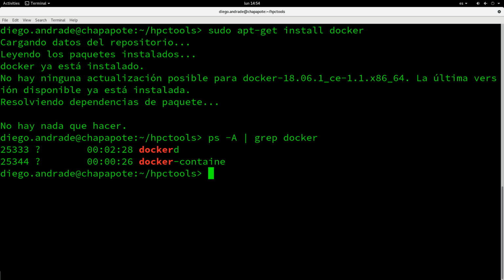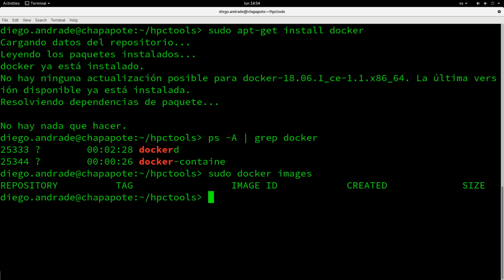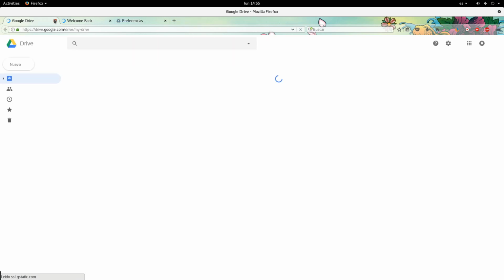Now what I need to check is which images are available in my system, and I see that there are not any images. So the first thing I'm going to do is to try to recover a minimal image, in my case of Ubuntu. This is the thing that I want to do. But in order to recover this image, I have to go